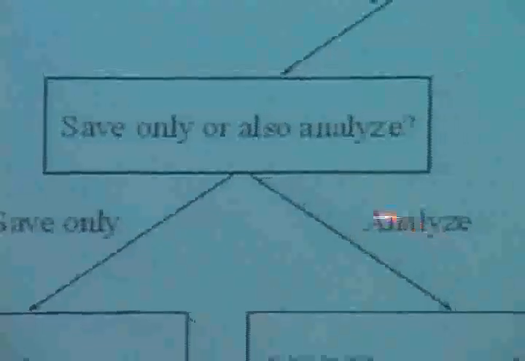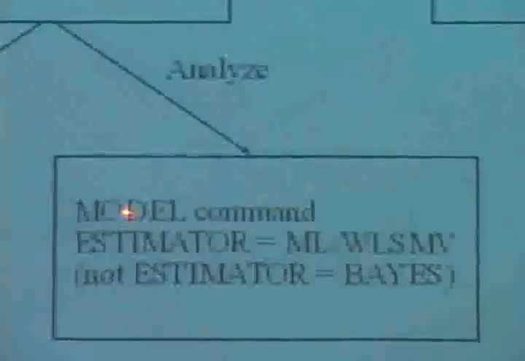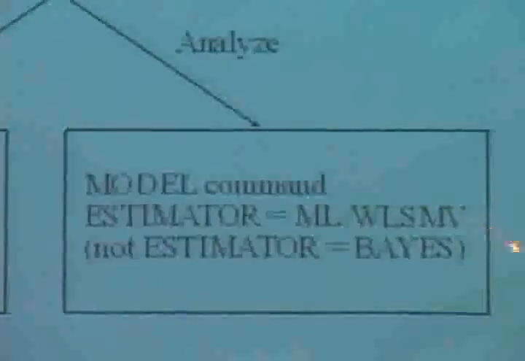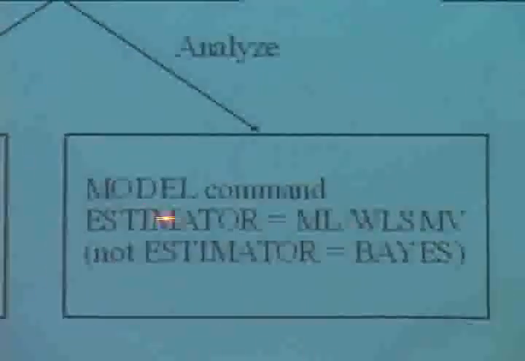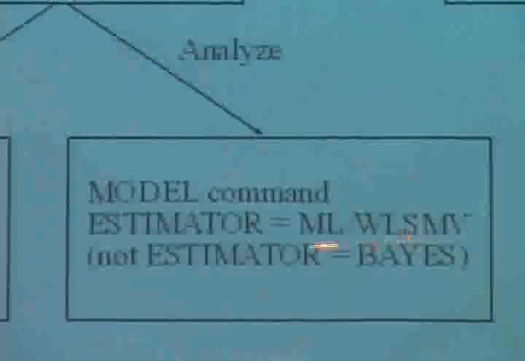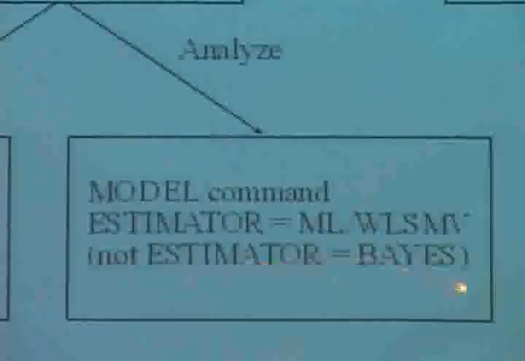When you decide that you're going to use a saturated model for the imputation, then you have to decide what you're going to do with the imputed data. Do you want to analyze it right away, or do you want to just save it and do analysis later on with a separate run? If you want to analyze it right away, basically you have to add another model command, and in that model command you have to specify the model that you want to use for the analysis. And you have to specify an estimator to be used for that imputed data set. And what's very important here is that you should not specify estimator equals Bayes. You have to use an estimator that's